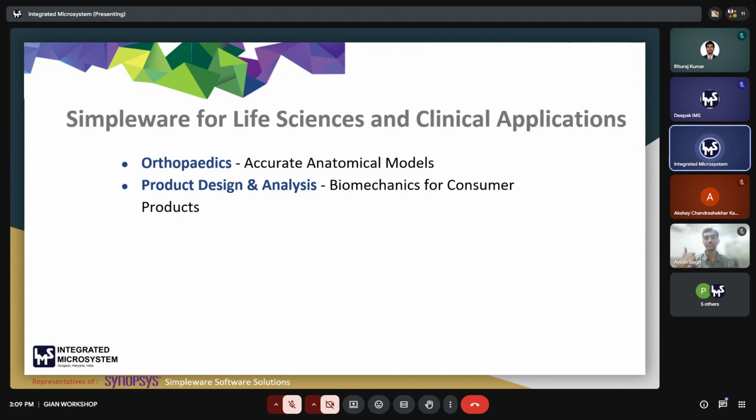Since we are working on a patient-specific image data set, we can do customized designing of any implant parts, and even any processes can be designed that can later be integrated with the image data set. So we can check the surface division, and we can also check for any errors. We can do finite element modeling and later check the wear and tear over a period of time, in which any implant or prosthetic may fail. So it directly caters to the need to design the product according to any specific